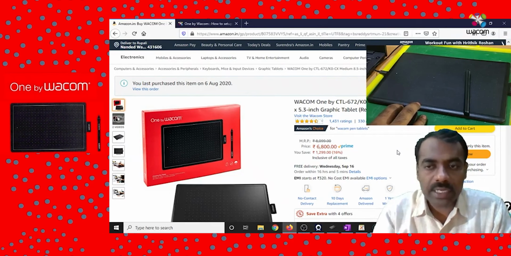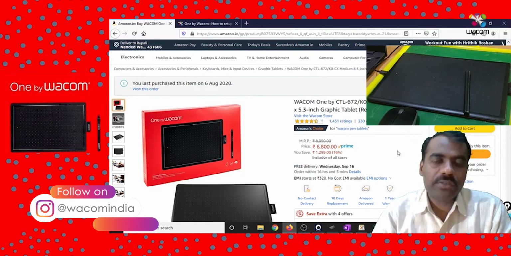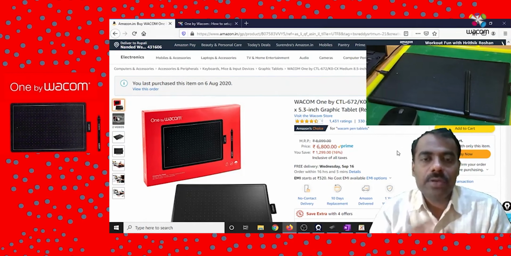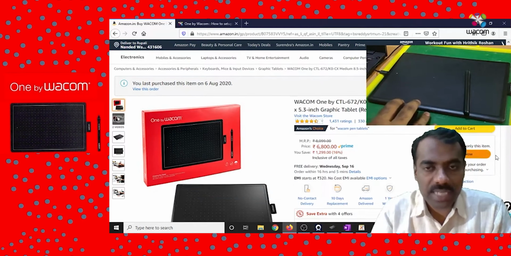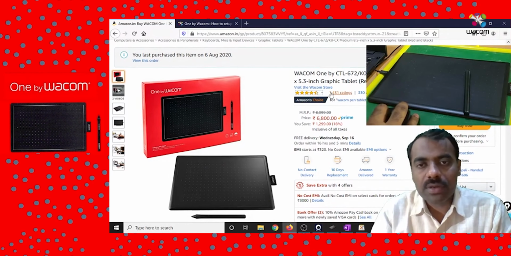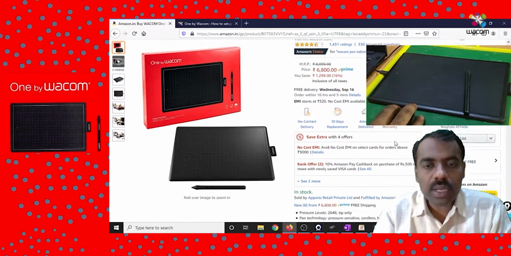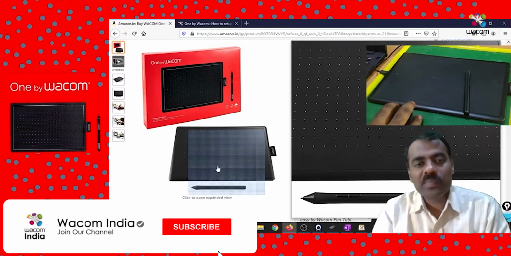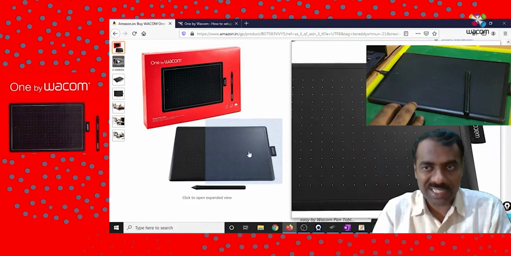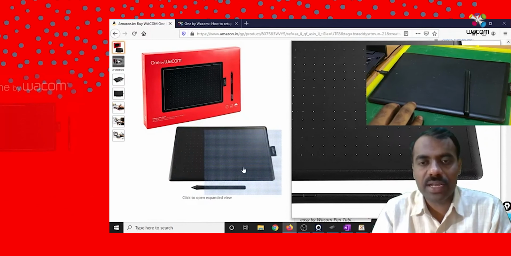One can have it. As a teacher, I recommend anyone to buy this, because no matter whether you are a math teacher or anyone, whatever presentation you have, you can make it even more interesting with this type of pen tablet. You can see that a number of good reviews are available. So many people have purchased this. Once you purchase this one, you can see here this graph-type area where you can start writing. More than 80% of the area is given for writing purposes.